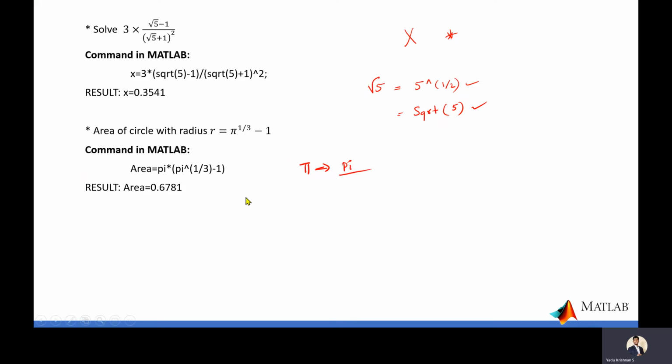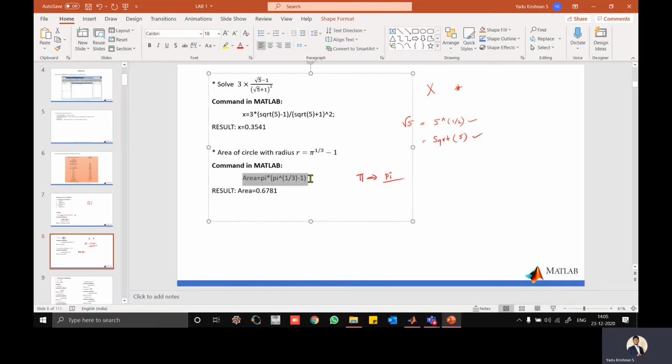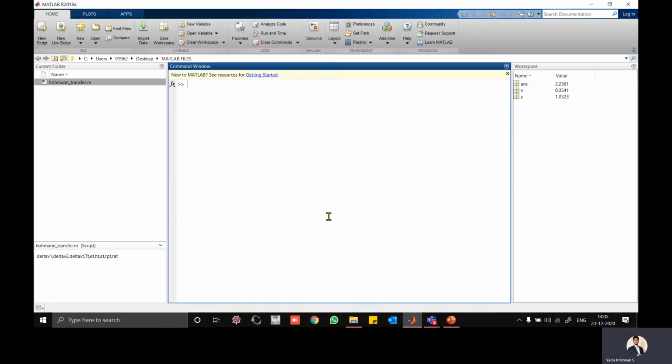So what is the area here in this case? Okay, let's take the area. Area is what? Pi r square. So I'll just write it. Go to MATLAB and write in the command window. So I write it as area. I didn't put the semicolon here so that I display the answer here. Pi. So just pi. 3.1416 it has taken.